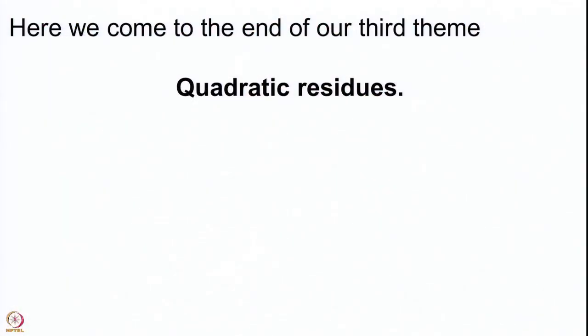The Legendre symbol, Jacobi symbol and Kronecker symbol can be studied, and there are relations of these with character values, the Dirichlet L function and so on, which we are not going to discuss in this course. So, with this we come to the end of our third theme, which is broadly called the theme of quadratic residues, where we determined whether a certain integer is a square modulo a prime p or not using various other things. We were able to compute it very effectively for many primes and many integers.